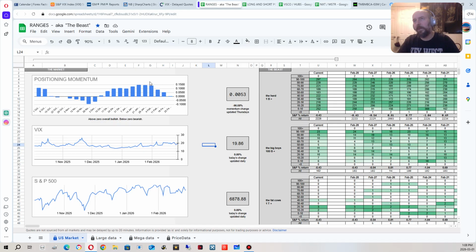And I've been talking about this for the last 2, 3 weeks, that when this goes negative, I will be reshifting into defensive and reducing the portfolio sizes. And I am currently doing that.